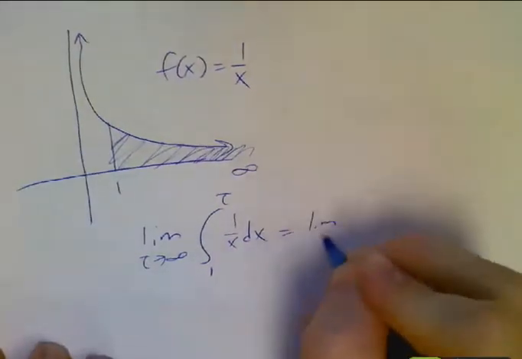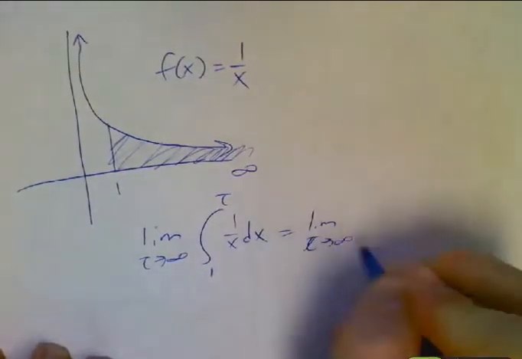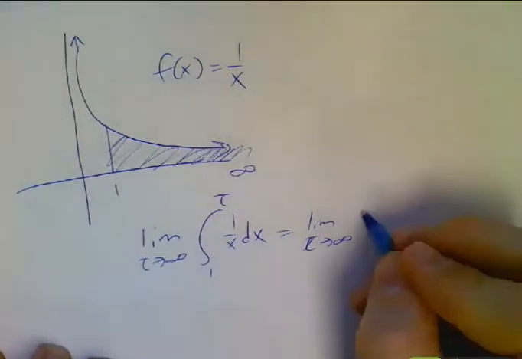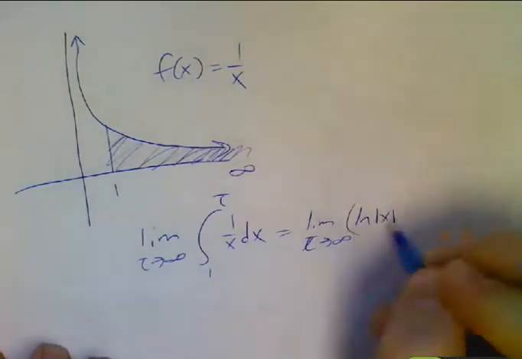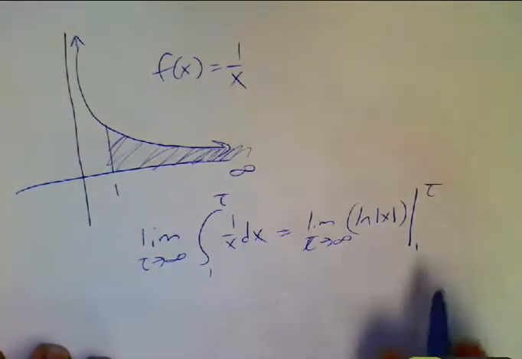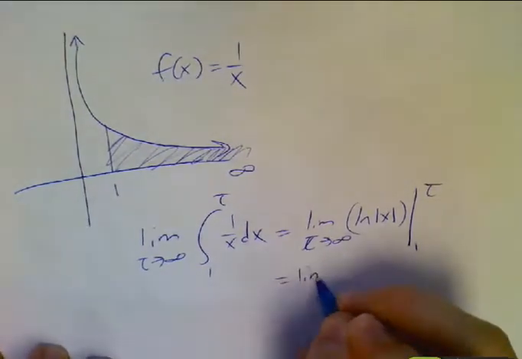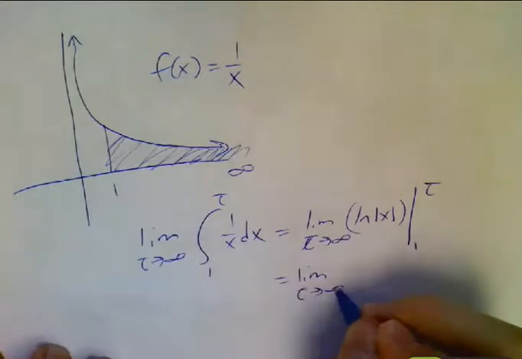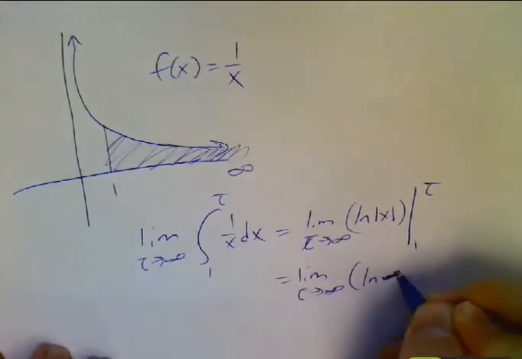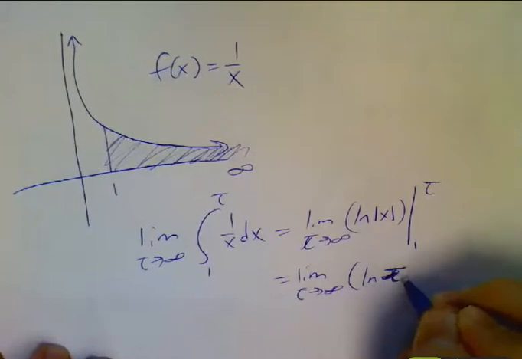And if we evaluate that, the antiderivative of 1 over x, that's our natural log. So this is going to be natural log absolute value of x evaluated between 1 and t. Well, t is positive already for this one, so I don't really have to worry about the absolute value, but I'll just mention it just in case. This is going to be ln infinity, ln t. Sort of gave away the punchline there. ln t